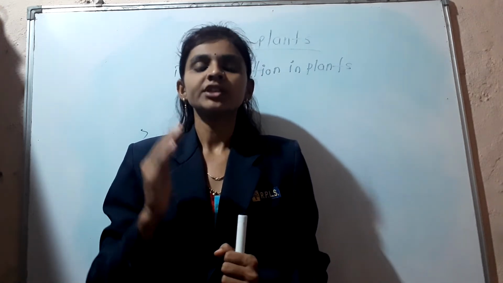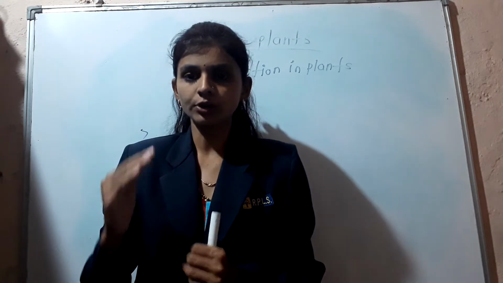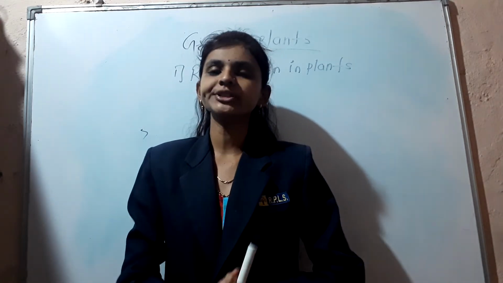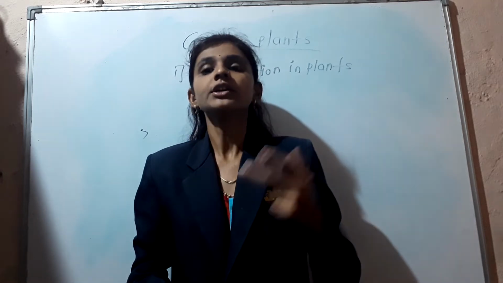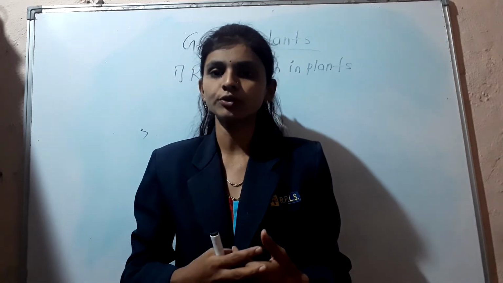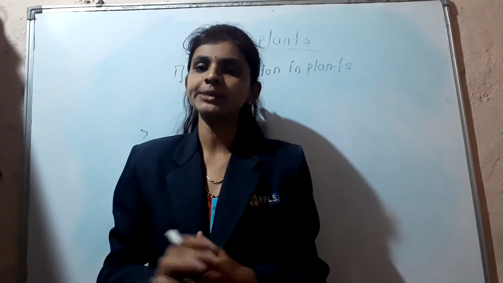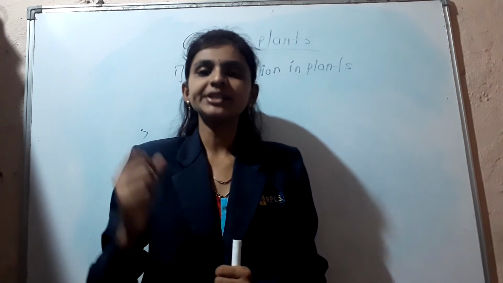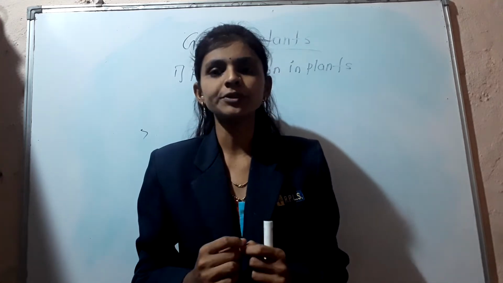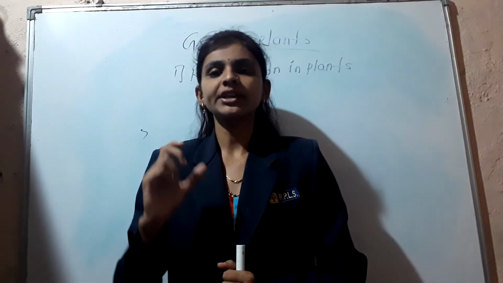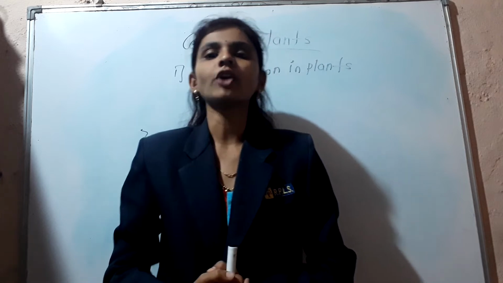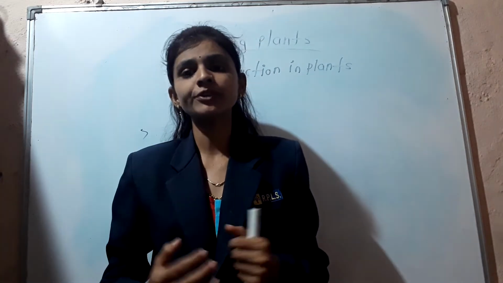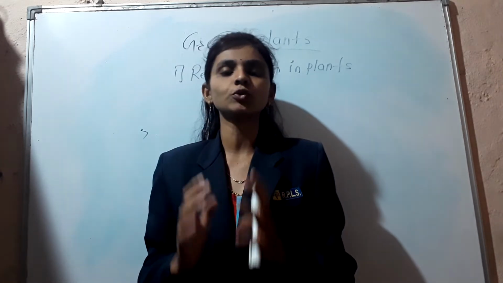Reproduction through the body parts means reproduction through leaves, roots, stem and flower. First we discuss the construction of the flower, which consists of many parts. The bottom part is known as the sepals. It is green in color and its function is to protect the petals. The colorful part of the flower is known as the petals, and their main function is to attract insects towards them.